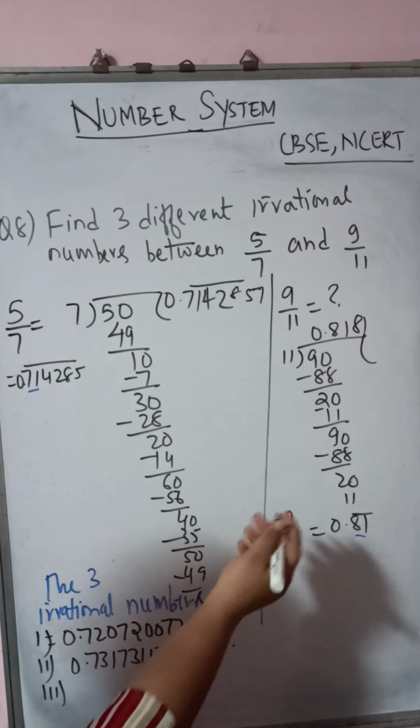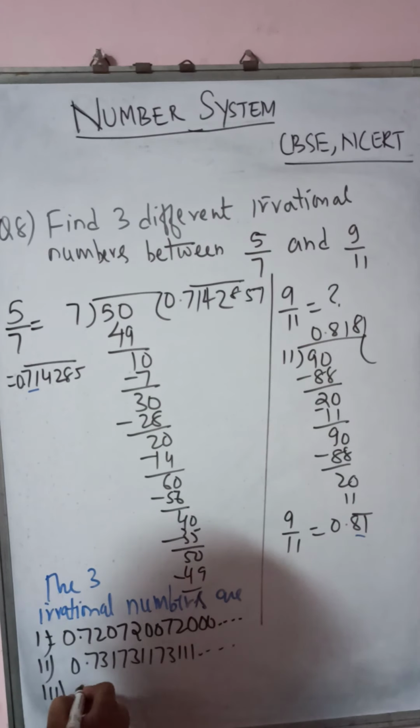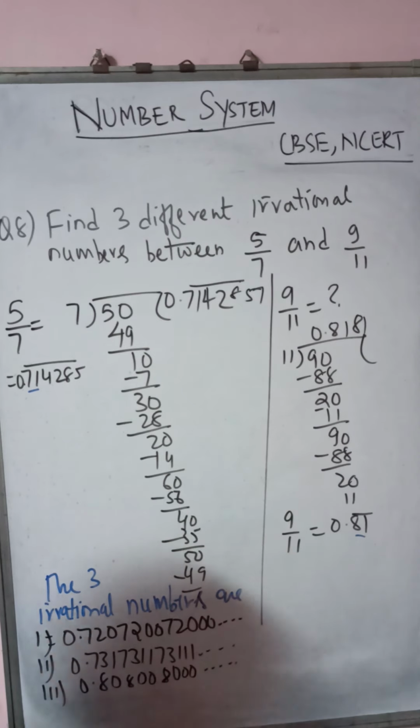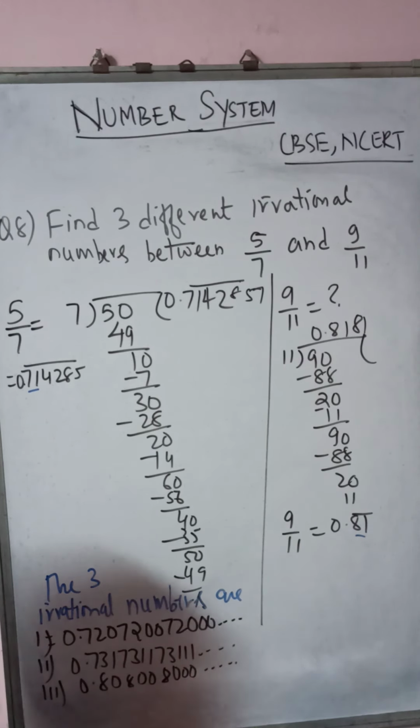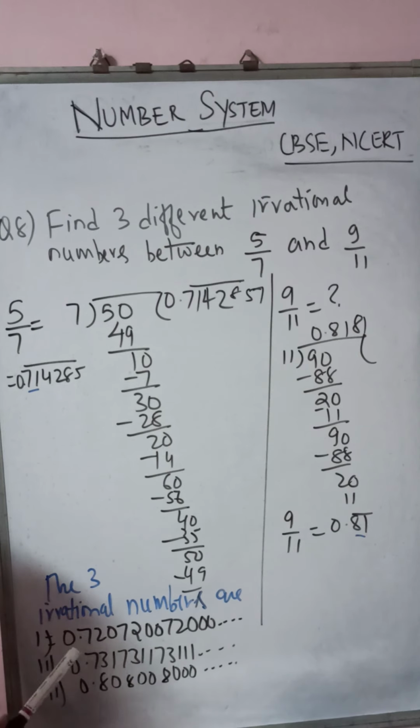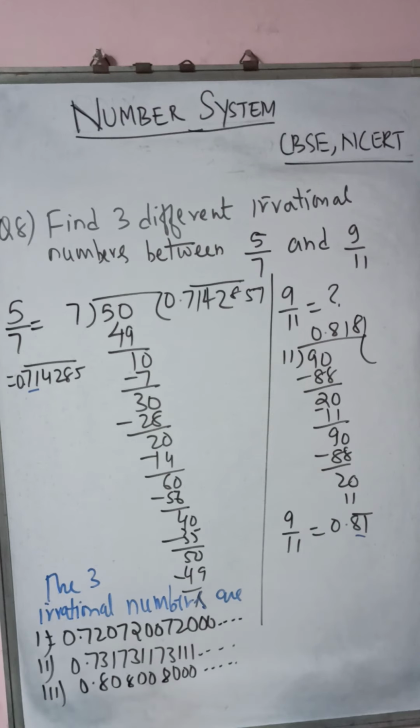Here, the third example you can write, it should be less than 0.81. So I can write 0.80, 800, 8000 and so on. This dot represents that it is non-terminating, means the remainder will never become 0. Okay, this is the meaning of this dot. So whenever we are writing an irrational number, we have to put this dot. And we have to see that the digits in the quotient are not repeating, and they follow a certain pattern when we write the decimal representation of an irrational number. So this question number 8 is done.